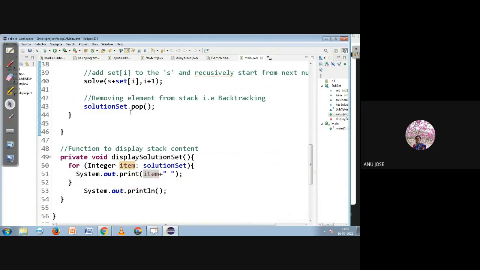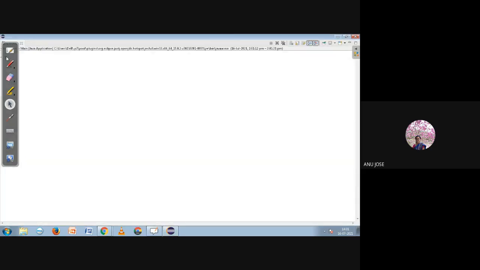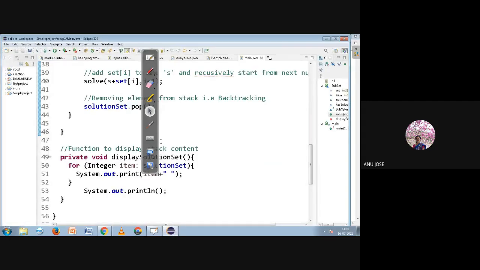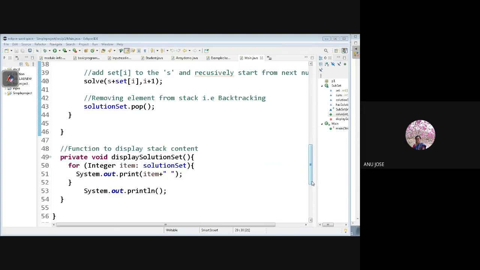I will just run this and execute and show you. You can see here the values were given as 3 plus 6 and 4 plus 5. So this is the problem we have solved in the class. You can randomly give any other input and check, and it is better if you can read the data from the user. But logic-wise, this is the easiest logic I have seen.